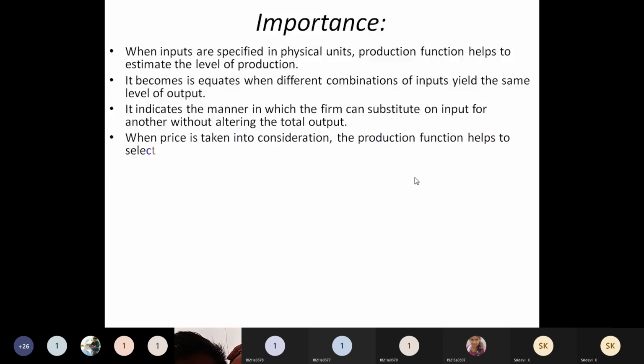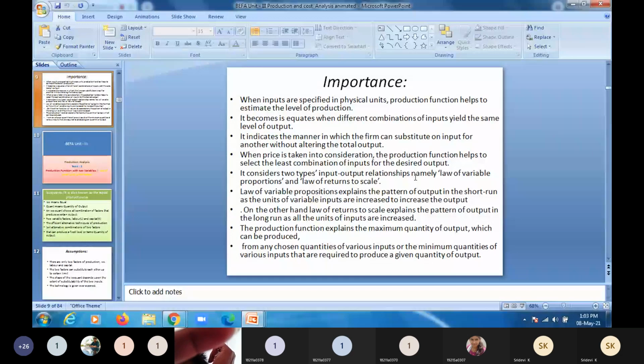If you find out all these different average product and marginal product, it will be very easy for you. Average product will help you fix the price of the product. Per unit, what is the price? What is the cost that you are going to spend on each labor? If you convert it into cost expenditure, you can easily find out at what price you need to sell the product. So that is the production function with one variable.